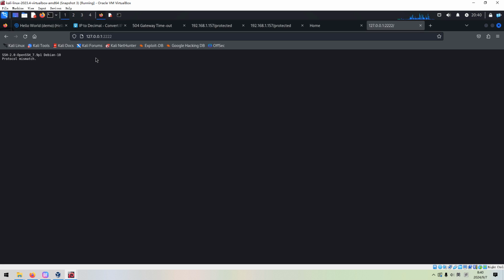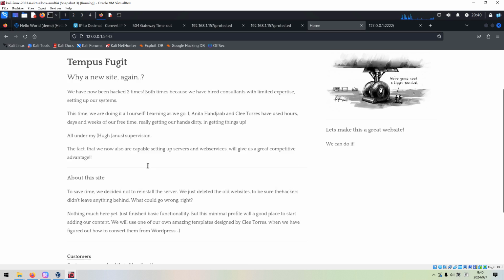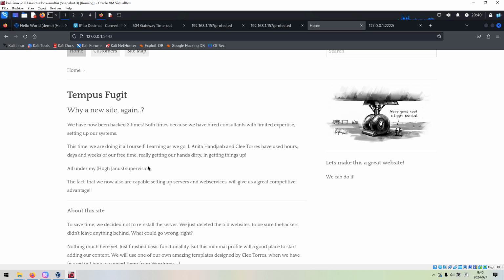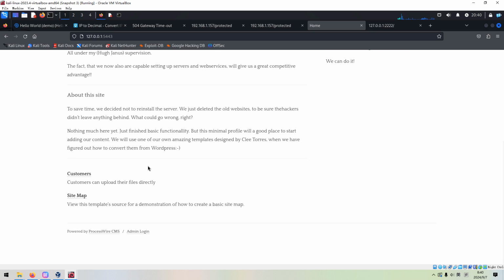So maybe this port number, the service, is used by SSH. So later we can use an SSH client to connect to it. But for now, we need to take a look at this one. And because now we are still in the container, we need to escape from the container.